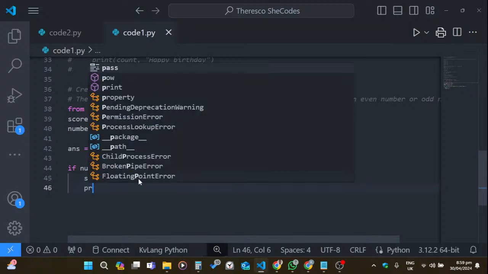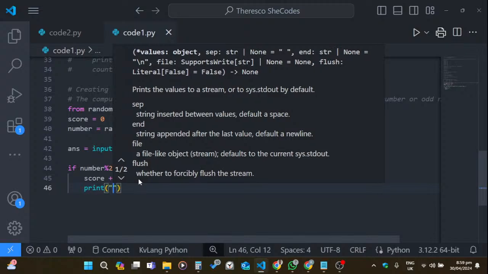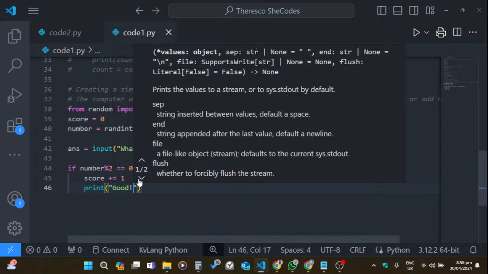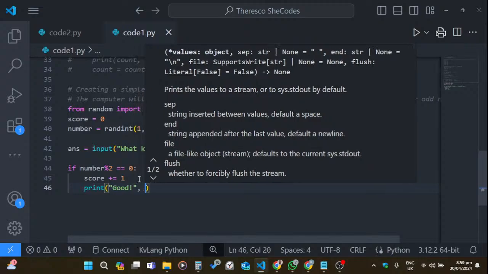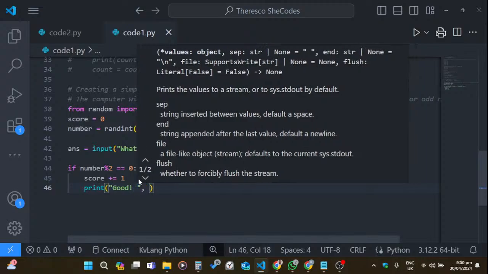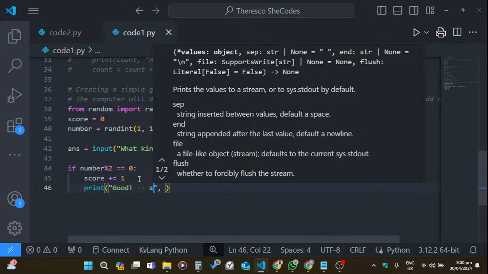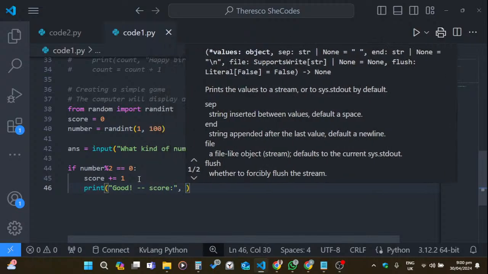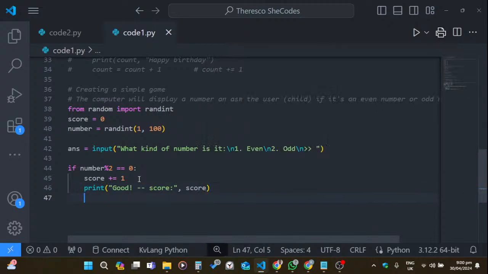Then we print on the screen, good. We print good, then we show the person's score. We say good, then we say score. Now the person's current score, we show it with score. That means the person has gotten plus 1. Else